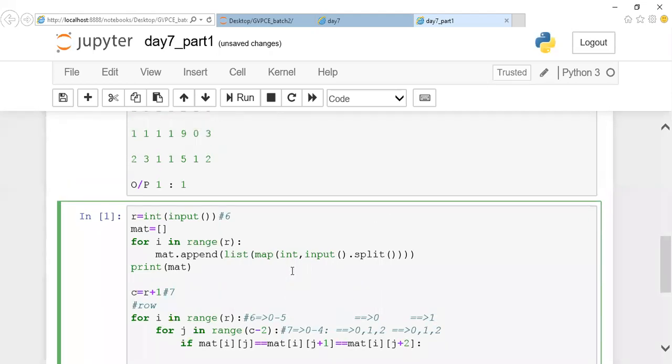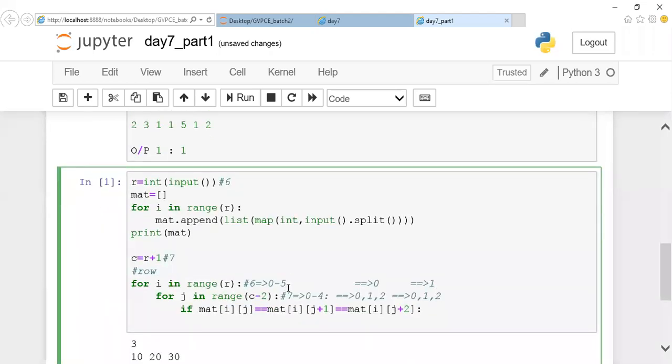So this is your row count. I'll take three elements from it and I'm going to do it. For the 0th row, I'll take 3 elements, again next 3 elements, next 3 elements. You can notice that each and every time, when this value is 0, it will execute. So this particular element will execute 0 to 4 times.